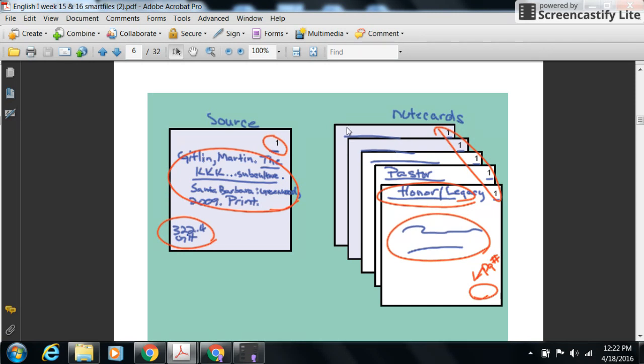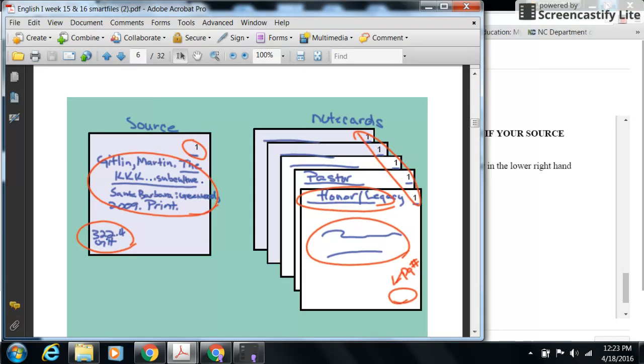And maybe up here on this card, I have some information about his assassination, and I want to put that up here. So if I've got notes on this card about his assassination, this title up here, the heading might be his murder, assassination, his death, whatever. So this is what your source and note cards will look like when you get ready to turn them into me. So you want to make sure that you are using this as your example